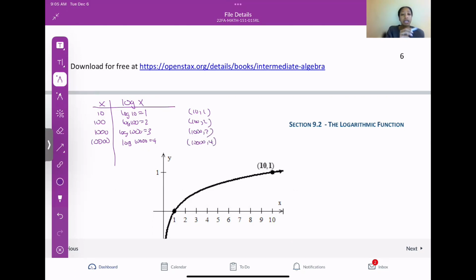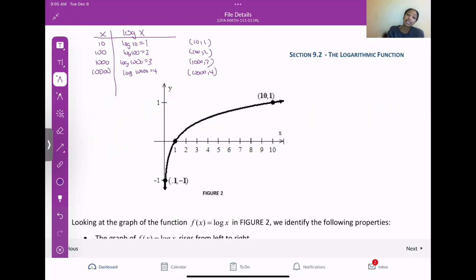Notice the inputs are changing pretty quickly. The inputs are getting really, really big, and the outputs are just going up by 1. Okay, so that means this function is growing, but it's growing pretty slowly because the inputs are growing really quickly, and the outputs are barely even moving, just by 1. So we end up getting a graph that looks like this. Okay, as x gets closer and closer to 0, the function is going to get,